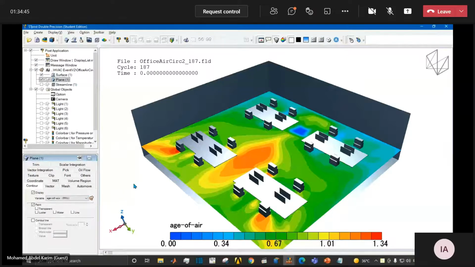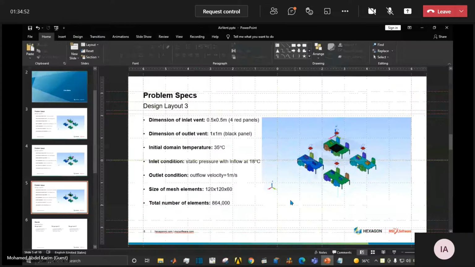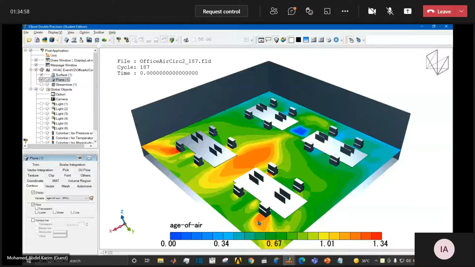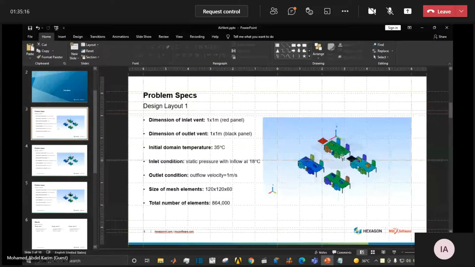So when you get a red region like that, you can see that, by the way, this is the result of the second design layout. As you can see here, the age of air is nearly high at the corners and in the middle, which means that maybe the people in this region may feel discomfort since the air isn't moving or circulated enough in this area. Also, as you can see from the first design layout,